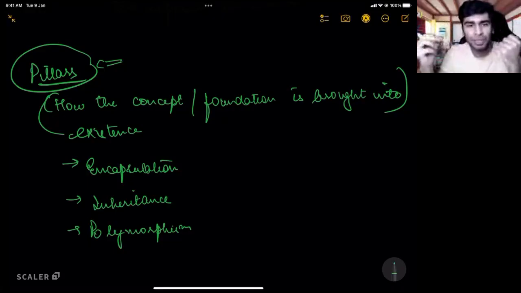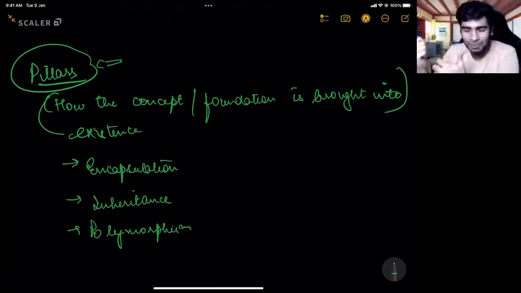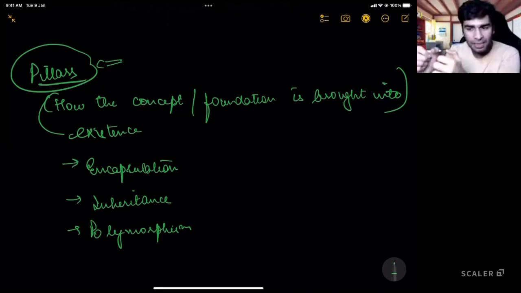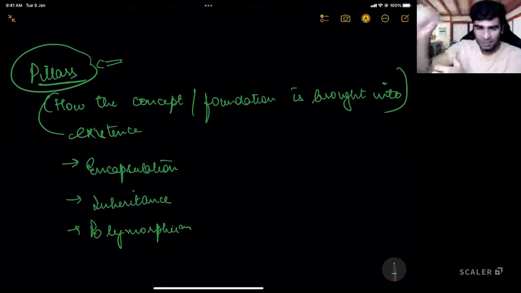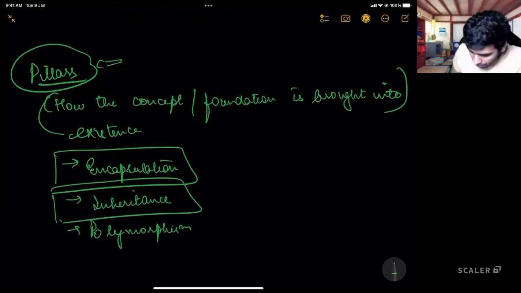But someone has to bring that vision into practice, right? For example, a founder of a company has a vision that I will build, let us say, the next Stanford. But someone has to bring that vision into reality, correct? Who brings that vision into reality? These are the pillars. Pillars are the people or the concepts that support the vision, the vision to represent a software system in terms of ideas. What are those pillars? Those pillars are encapsulation, inheritance, polymorphism.